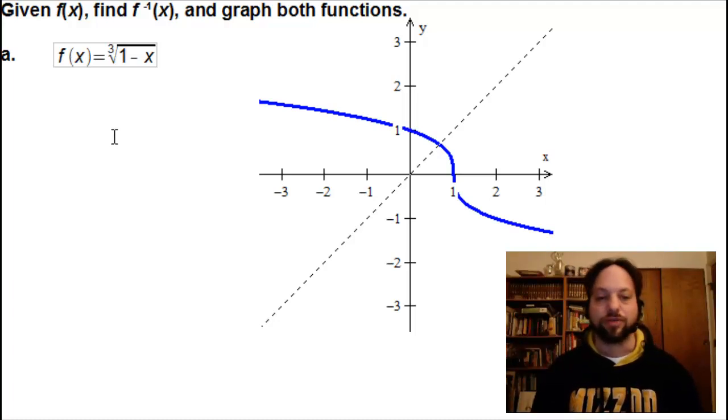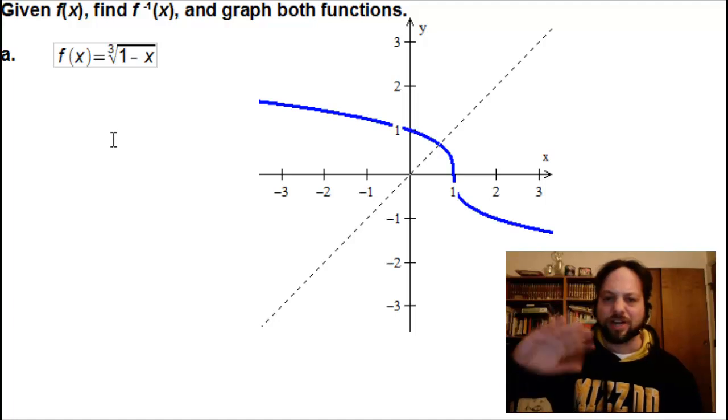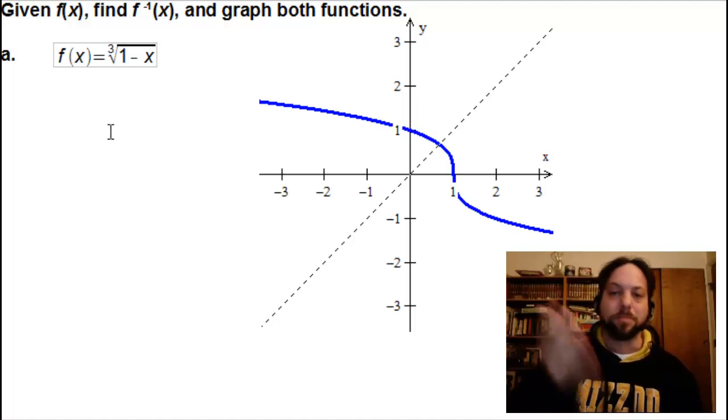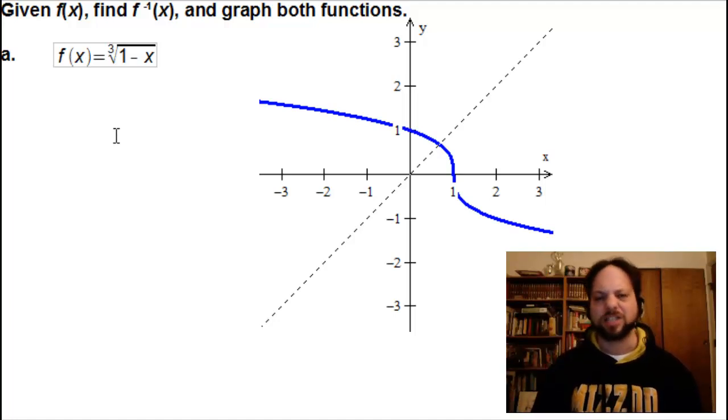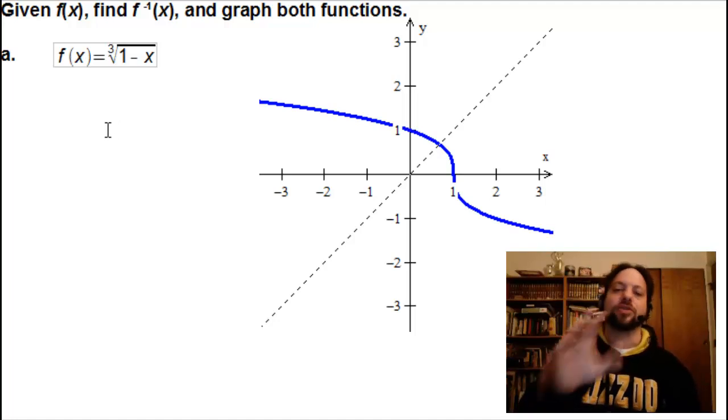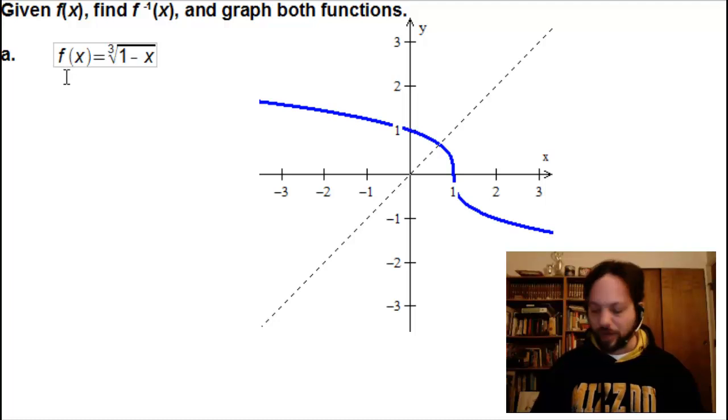It's a standard cube root function, although it is kind of flipped upside down because it's 1 minus x. And it's moved 1 to the right because it's 1 minus x, but no big deal. There's the graph of it. If we want to go ahead and try to find the inverse of this graph, well, let's go ahead and